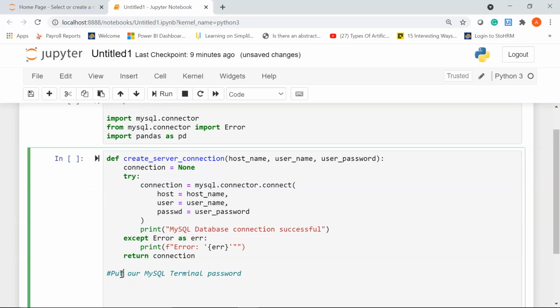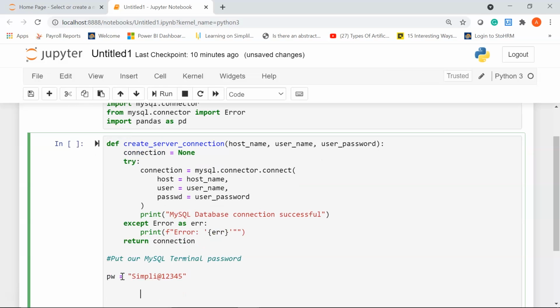I'll write pw and I'll give my password, which is simply @12345, and then I'm going to give my database name.